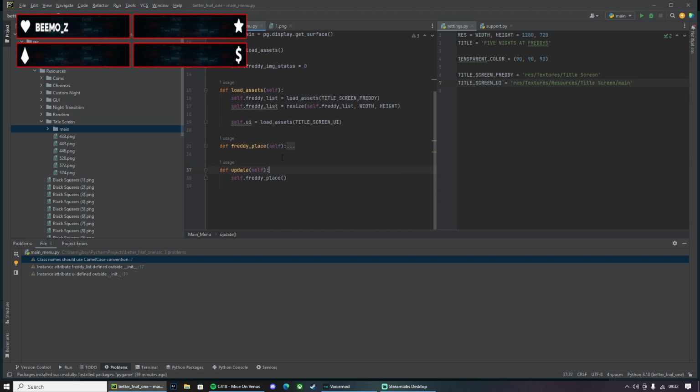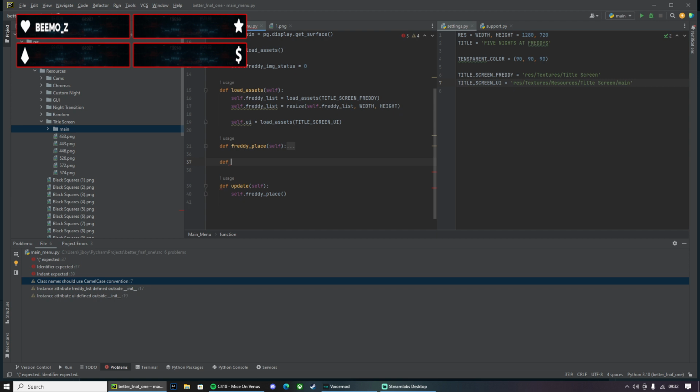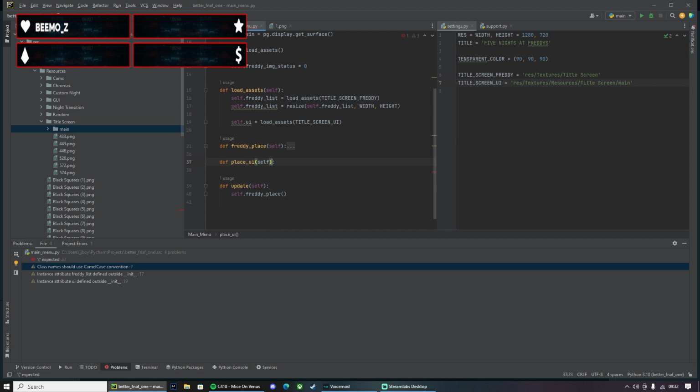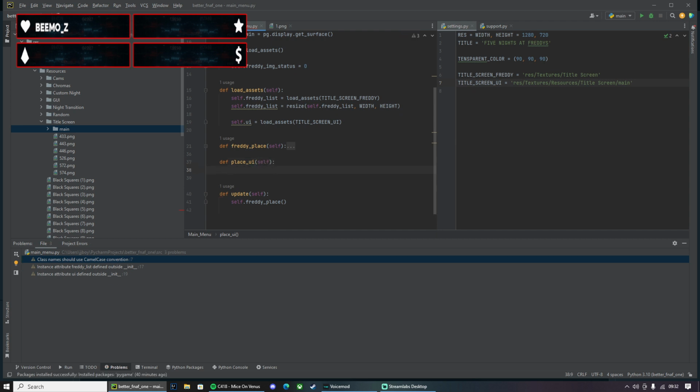Let's just do a new function. Def place underscore UI. UI. We need the blah blah blah, and then we need. Let's just split it quickly.